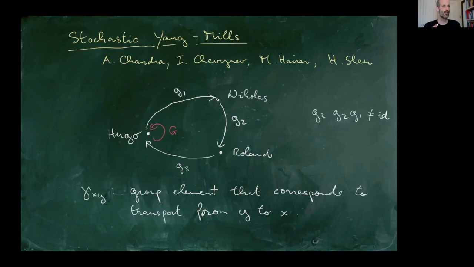So what you would want is that in general, if you have any function of space or of space-time with values in your symmetry group, you want the formalism to be such that if you act now with that function of space-time, nothing changes, right? And so what this tells you is, for example, how does this connection have to change? So these elements gamma xy, that's like a connection. So a connection is something that